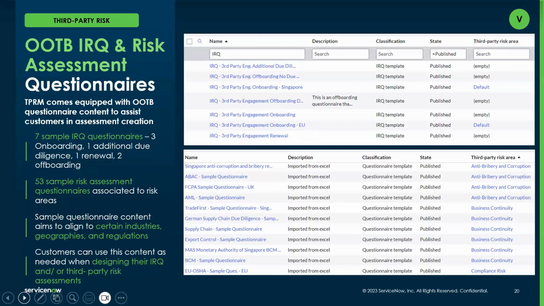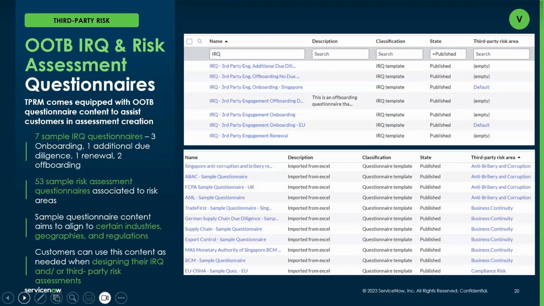But in TPRM, the third-party risk management engineering team did a wonderful job and a lot of research and development around populating available content to be used within your IRQ questionnaire or within your external risk assessment. And so these out-of-the-box content questions, there's about 60 in total, 7 specific to the IRQ process, 53 specific to the various areas of risk to be responded to by your third parties.